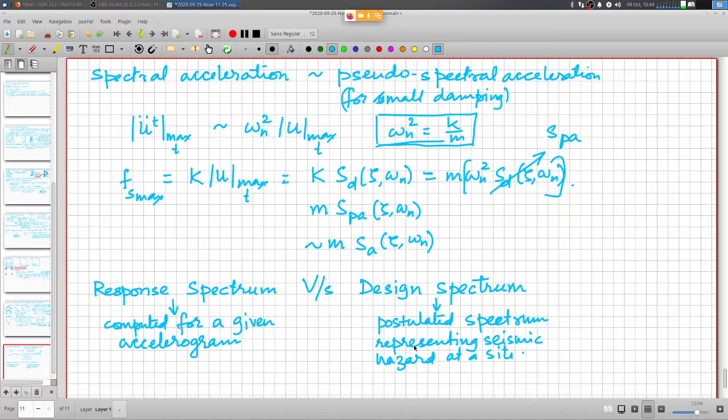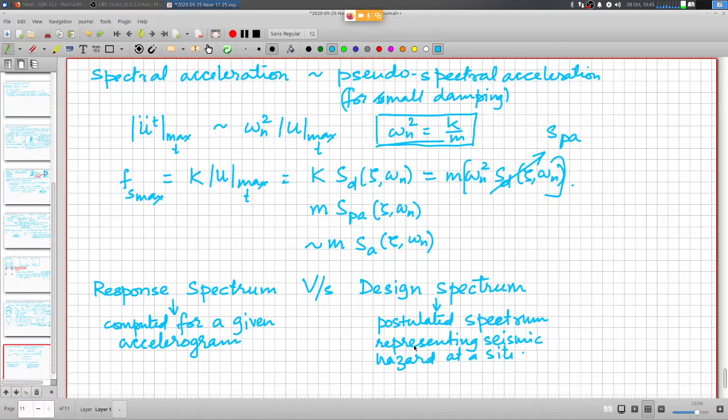So whatever may be the critical governing condition of source to site, different types of earthquakes occurring at different distances, and whichever governs the seismic response at the site, that is all incorporated into this design spectrum, and that is used for design, because when you design this facility, it is expected to withstand all possible earthquakes that it is expected to experience, be it a near field earthquake or be it a far field earthquake, earthquakes occurring very close by, or earthquakes occurring at a large distance, right?